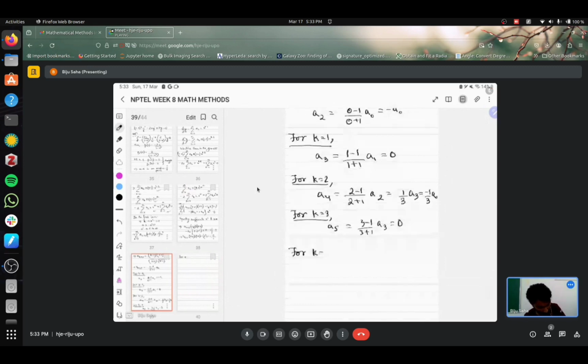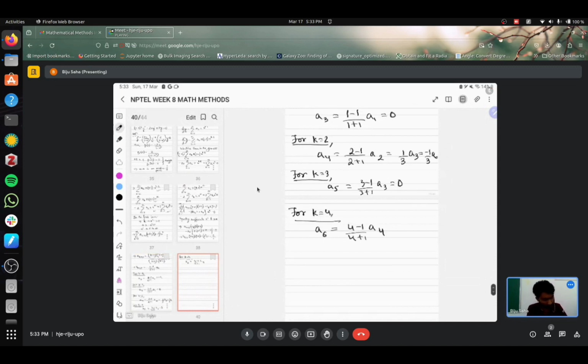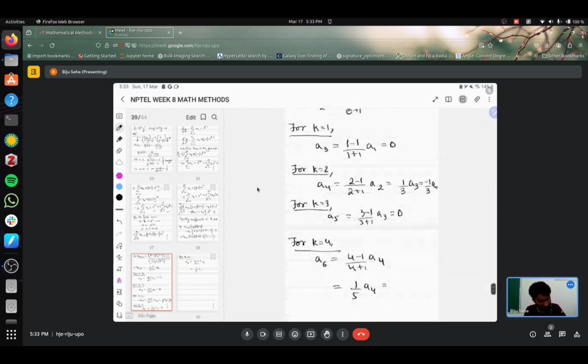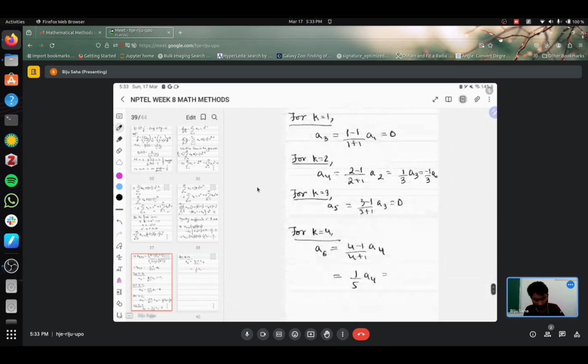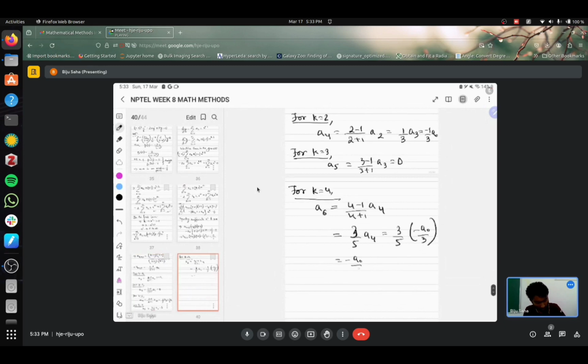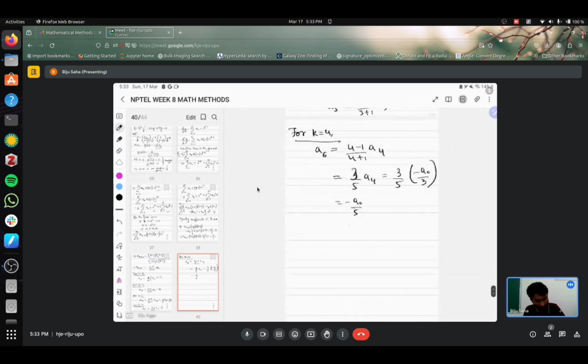For k equal to 4, yeah. So what we get to see by doing all this is that a3, a5, a7,